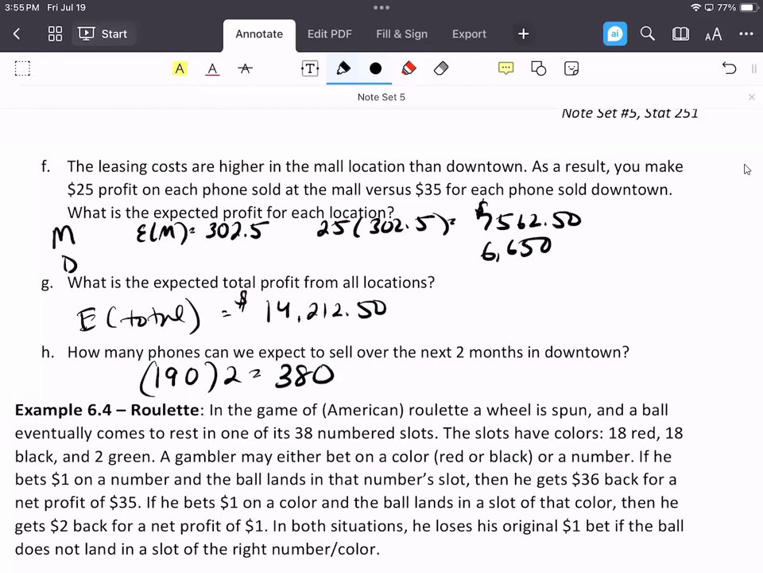Does that mean there's a guarantee that we will sell 380 phones? Absolutely not. This is over the long run, many 2 months of sales together. We would expect on average in the long run to sell 380 phones over 2 months, but that is not a guaranteed number. Now, this next example is talking about a roulette wheel, and I would like you to pause